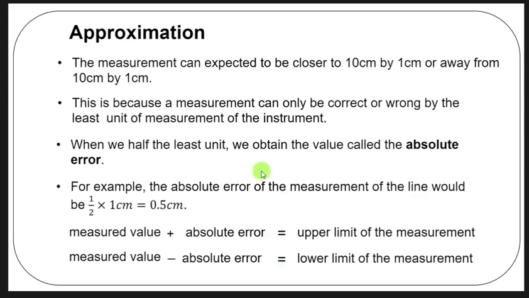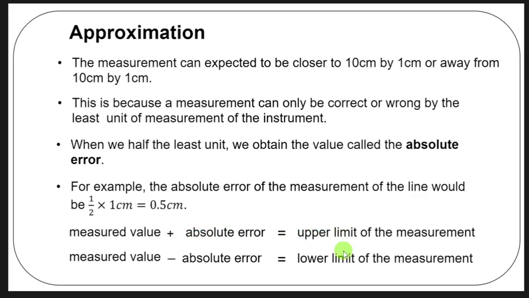if we drew that line, the value that we are going to get is called the measured value. The value that we expect our line to be is called the measured value. So we would think we are measuring 10 centimeters by drawing that line. So we get that 10, for instance. If we get that 10, then plus this absolute error, we get what we call the upper limit of the measurement, meaning